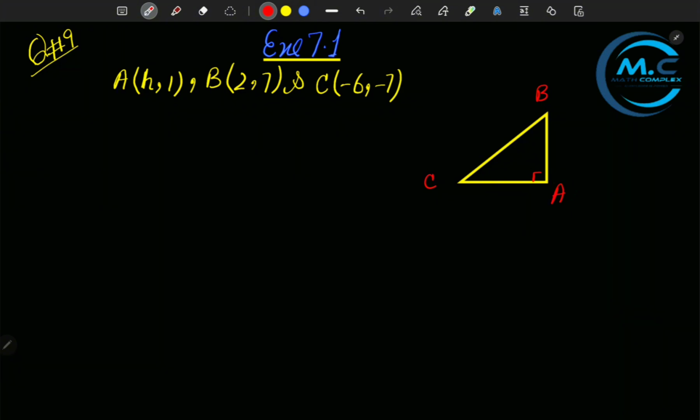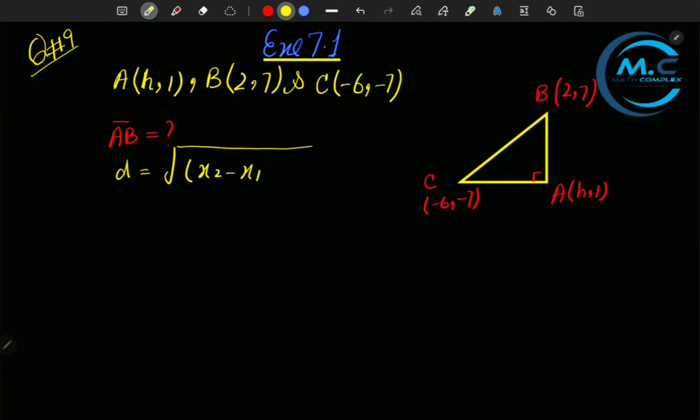The coordinates of the point A are h comma 1 and the coordinates of the vertex B are 2 comma 7 and the coordinates of the point C are minus 6 comma minus 7. First we will find the length of each side of the triangle. Firstly, we will find the length of the side AB. For finding the length of the side AB, we will apply the distance formula